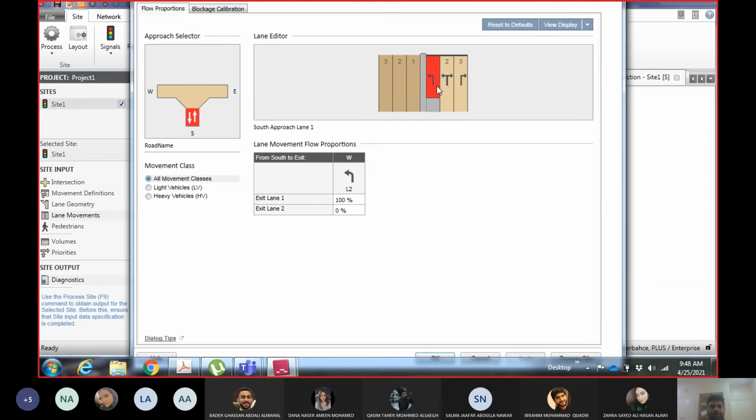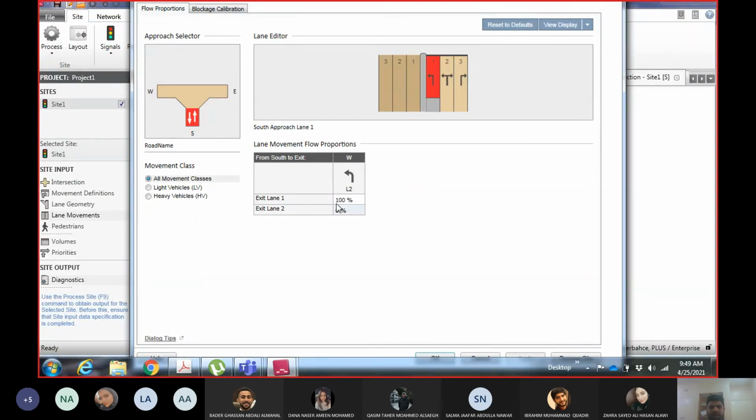For example, for left turning, I have two lanes, right? So how much percentage of flow is allowed from each lane? You have to input from here. So again, you select the approach. Then you see for left turning there are two lanes.